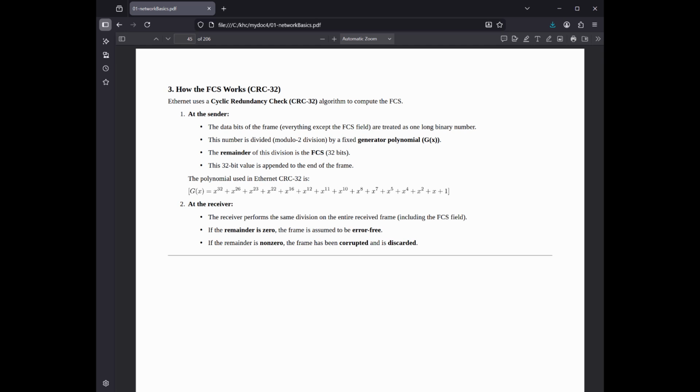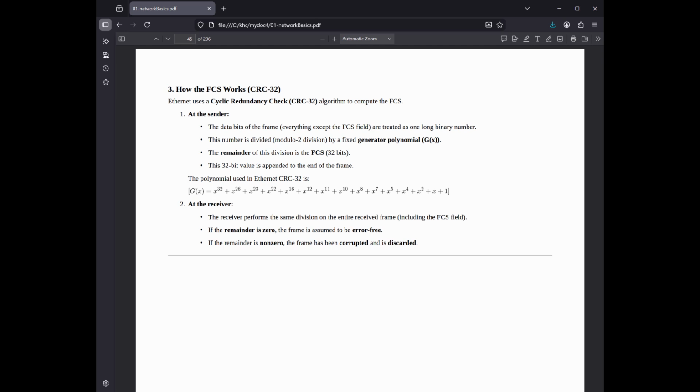2. At the receiver. The receiving device performs the exact same CRC32 calculation on the received frame data, excluding the FCS field itself. It then compares the result of its calculation with the FCS value included in the received frame. If the calculated FCS matches the received FCS, the frame is assumed to be error-free and is accepted for processing by higher layer protocols. If the values do not match, the receiver assumes the frame is corrupted and silently discards it. Handling errors. Ethernet itself, operating at the data link layer, does not have a built-in mechanism for error recovery,